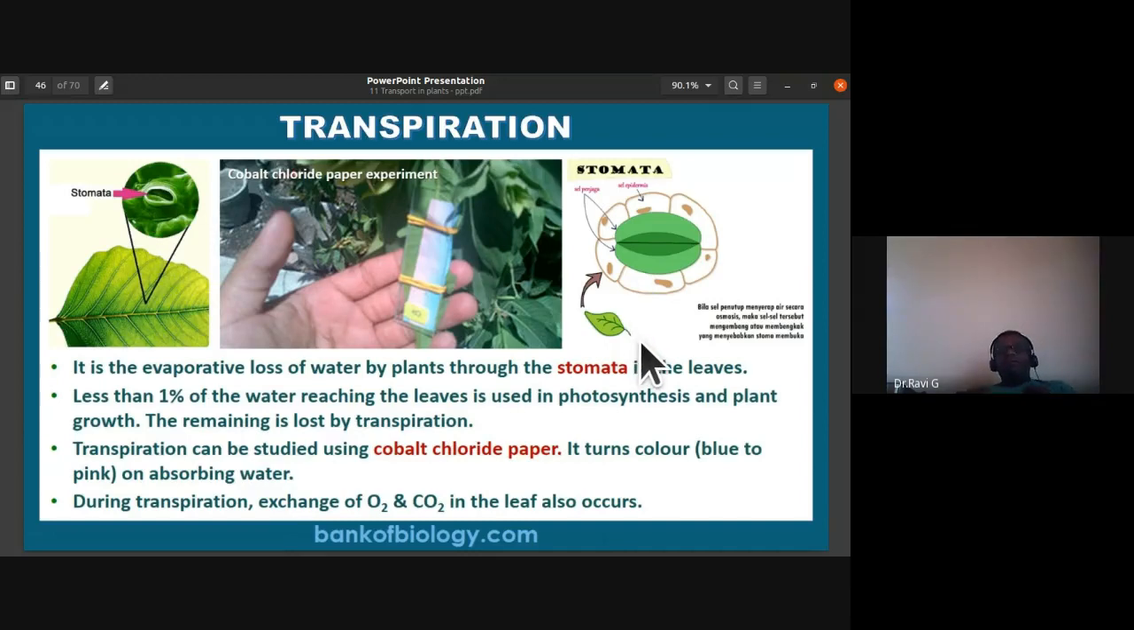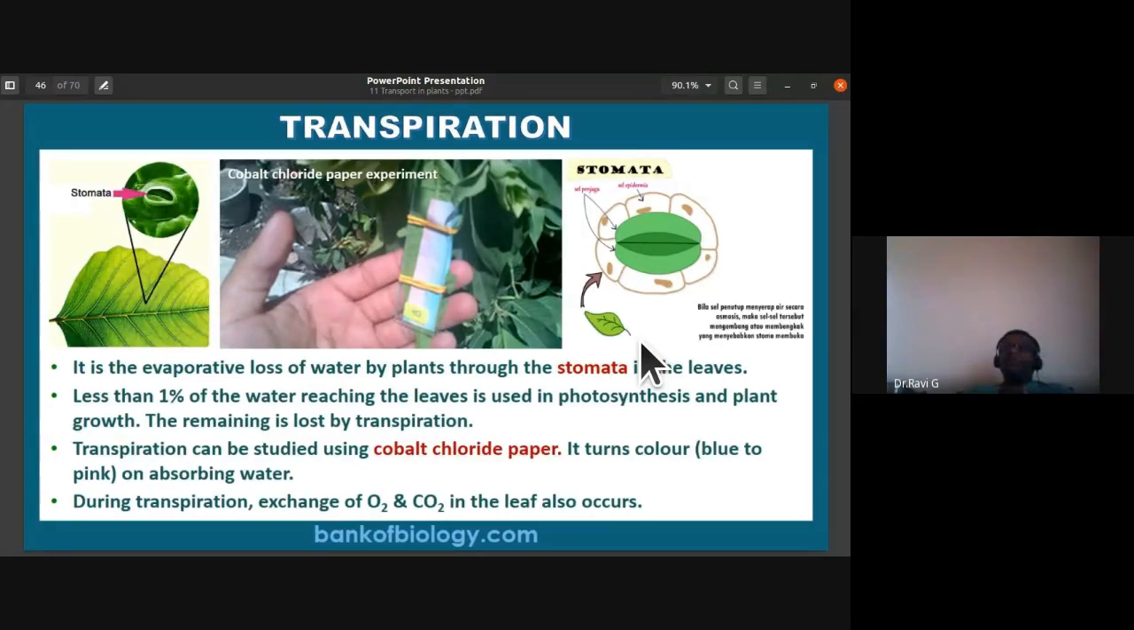So for the stoma opening and closing, I told you about Hanuman tearing his heart to reveal Rama and Sita, similar to that somewhat. So the inner walls of the guard cells are thick. The outer walls of the guard cell are thin. To open these thick walls, there should be more pressure. And the inner walls are not only thick, but also elastic. So how is it opened up? Whenever the guard cells become turgid due to endosmosis, the outer walls are pulled. As a result, the inner walls open in a crescent shape